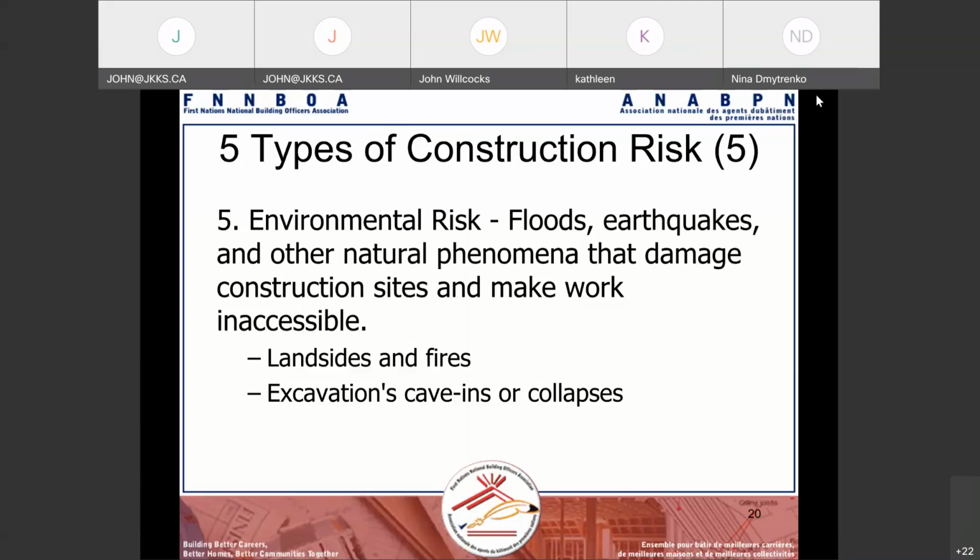I know in one of the communities I was in, they built a series of homes, and they had major landslides that basically knocked out the footings of the foundation, and they had to move the house. But the insurance deductible, I think, was up to $25,000. So they had to think of whether or not to pay the 25. In this case, they just didn't pay the insurance. They just knocked it down and rebuilt it. So environmental risk is becoming more of a major factor for a lot of people.